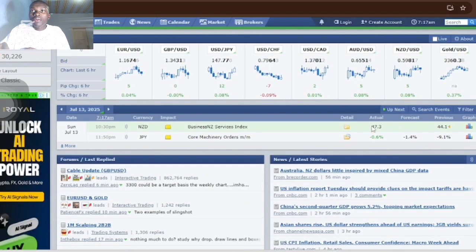The actual was 47.3. What's the actual? We said the actual is the release. That's the result of the news. That's what actual means. The result of the news. So the forecast is what they have forecast. You understand? What they have forecast. Like this JPY